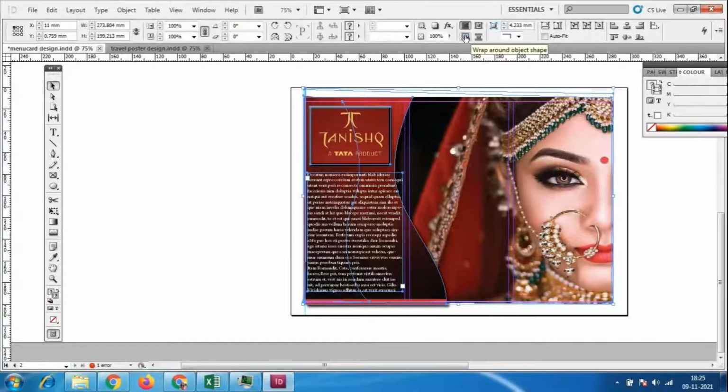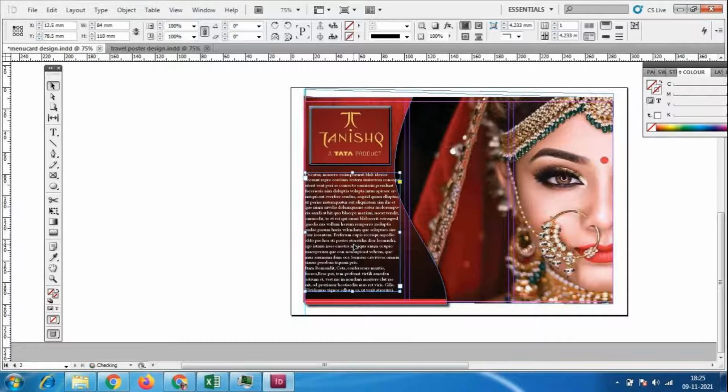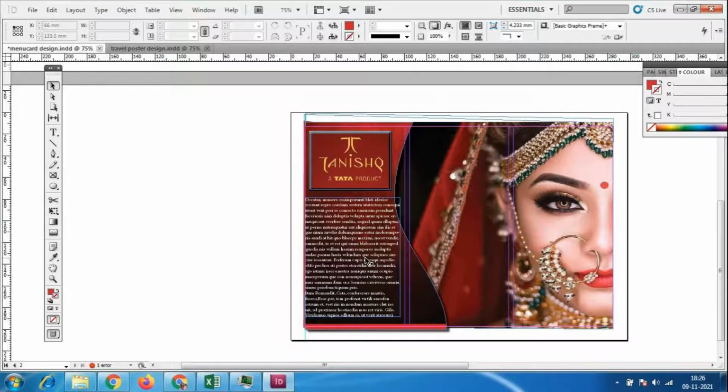You cannot take only the text and give the wrap around object, because the text should arrange according to what kind of shape. That's why it should arrange according to this shape. It should not disturb any of this image and any of these shapes. Correct. That's why I select everything. This much I'll select, and I'll use this wrap around object shape. I'll click on this here.